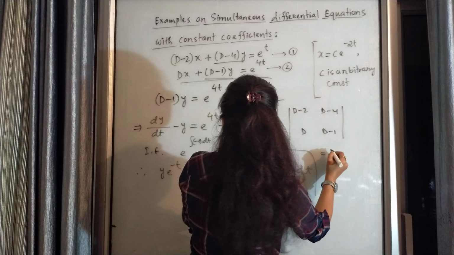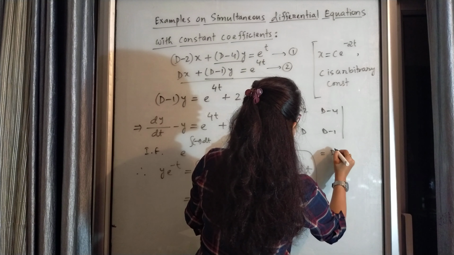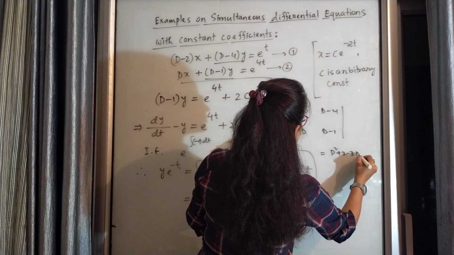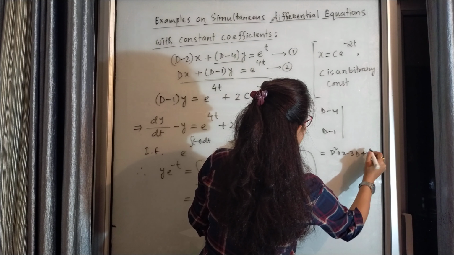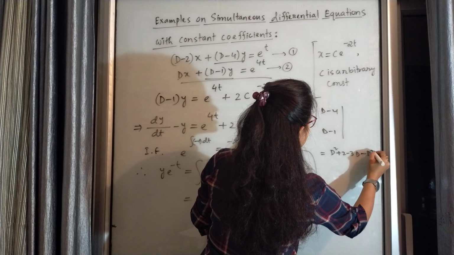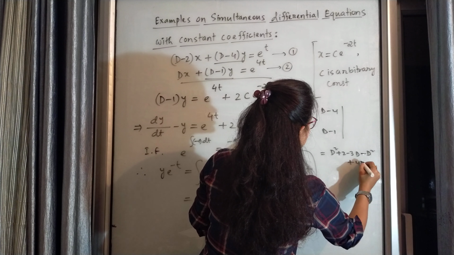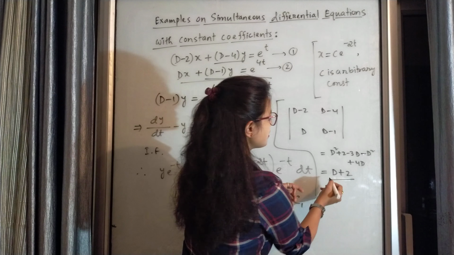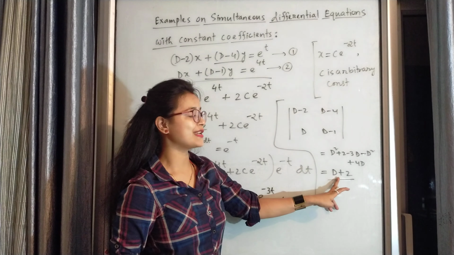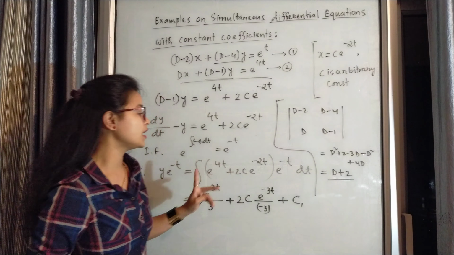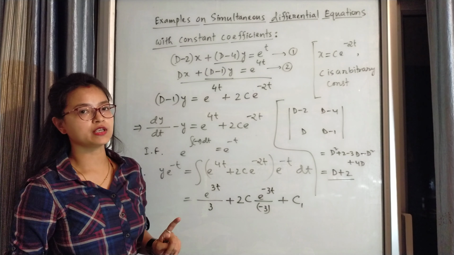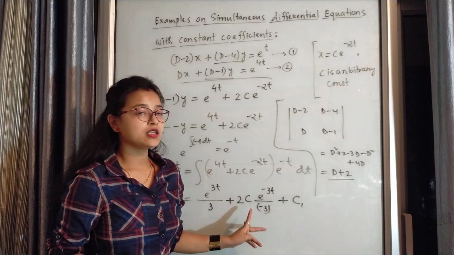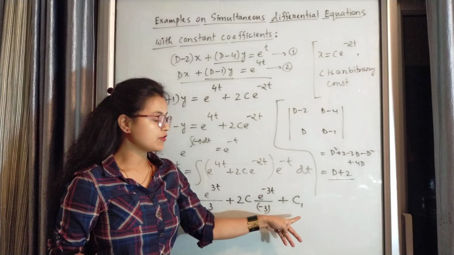This will be D^2 - 3D + 2 - D^2 + 4D, giving us just D + 2. So the order of the operator D is 1. That means here only one independent arbitrary constant we will get. To see which one is the independent arbitrary constant, c or c1,